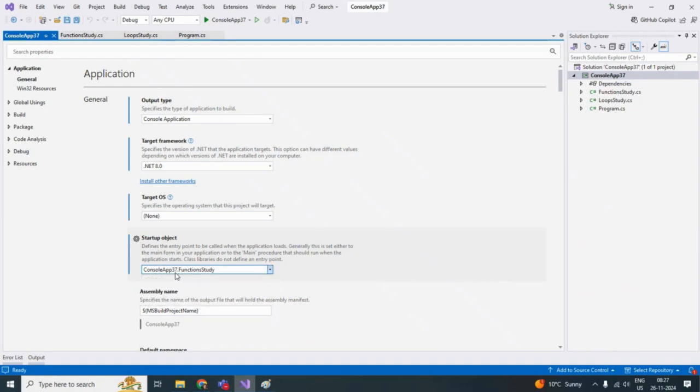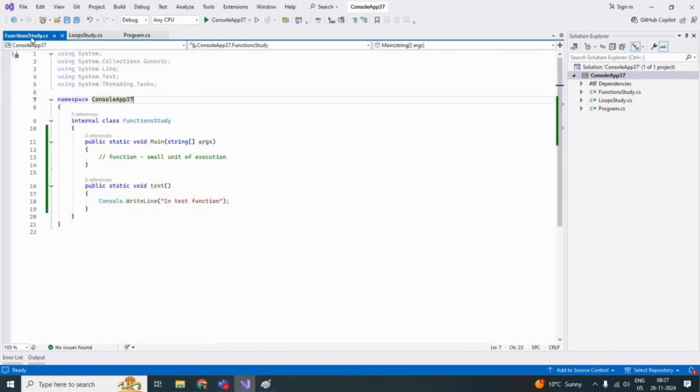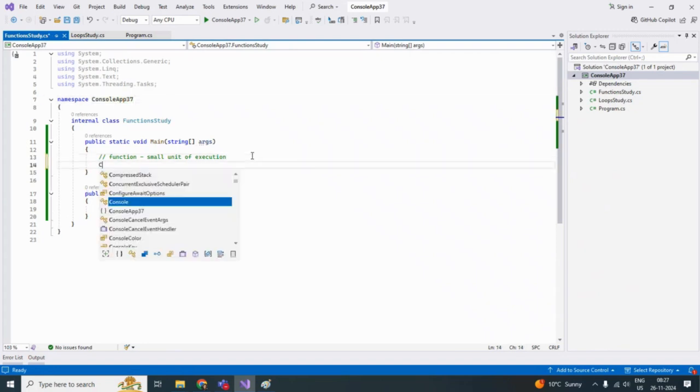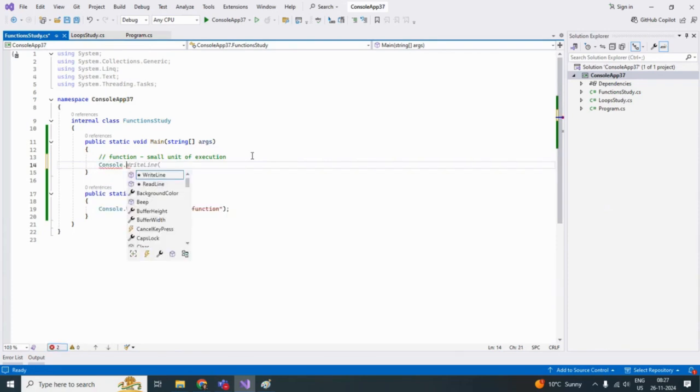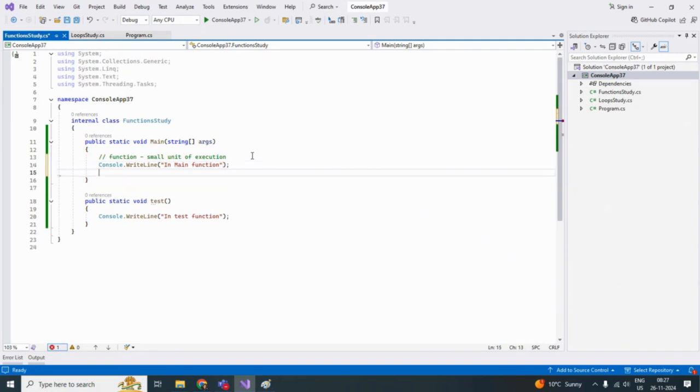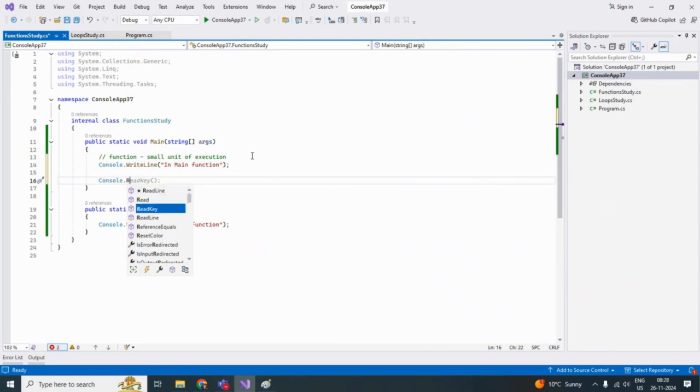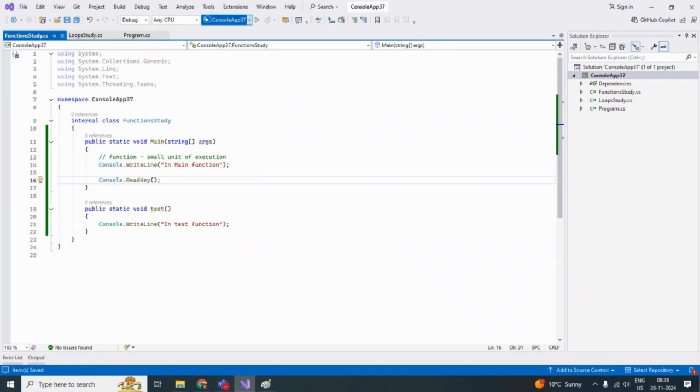Now previously it was loop study. When we were doing the loops, I had added one more class, function study, and I will make this my startup class so that I can say console dot write line and a simple print statement in main function. And I say console dot read key. Now if I run this,